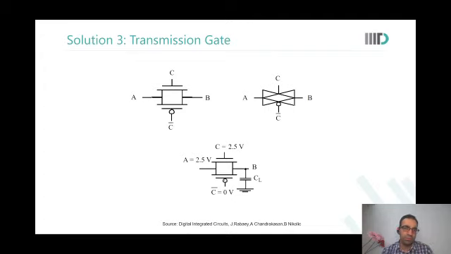So now you no longer need the level restorer, which was one more transistor. You no longer need the level restorer, and you do not even need to put the inverters there. If you do not have to drive a very large load, and you just wanted the inverter so that you have a clear 0 and 1 output, you no longer need that inverter also.